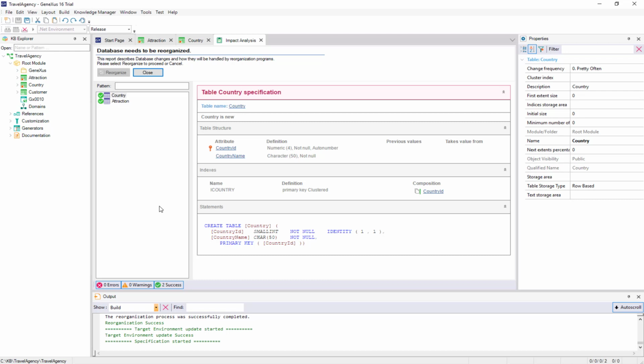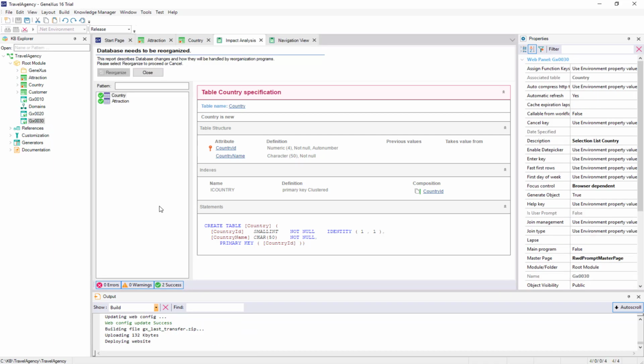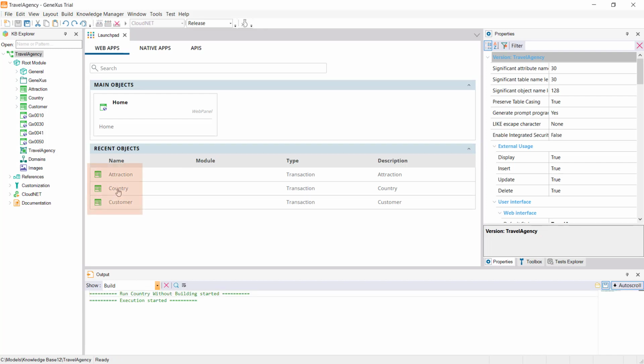Next, it generates the necessary programs corresponding to the application itself. For example, for each new transaction that we've defined, programs are being generated in the selected programming language to enter, change, and delete countries and tourist attractions. Now we have links to work not only with clients, but also with attractions and countries.